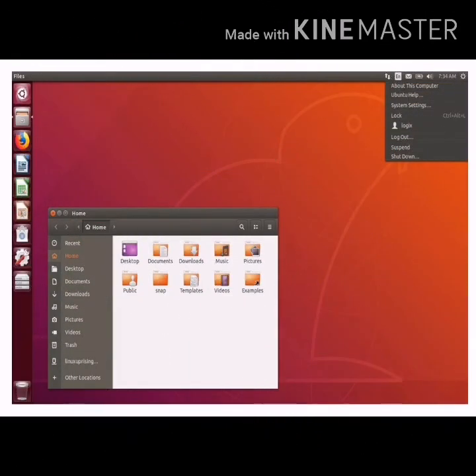The launcher. The vertical bar on the left side of the desktop is called the launcher, which provides access to various installed applications, storage devices, and trash. An icon of each running application gets placed on the launcher, which can be used for navigating between the applications which are running at that time.